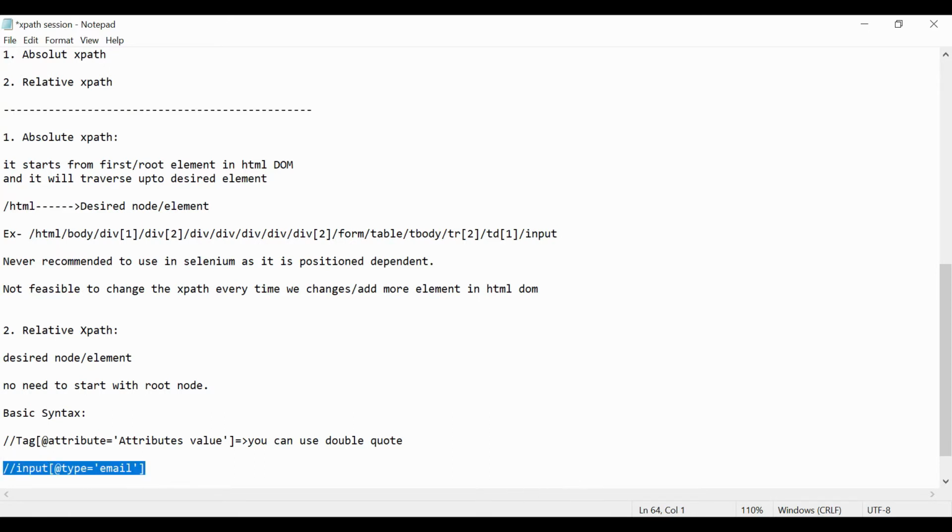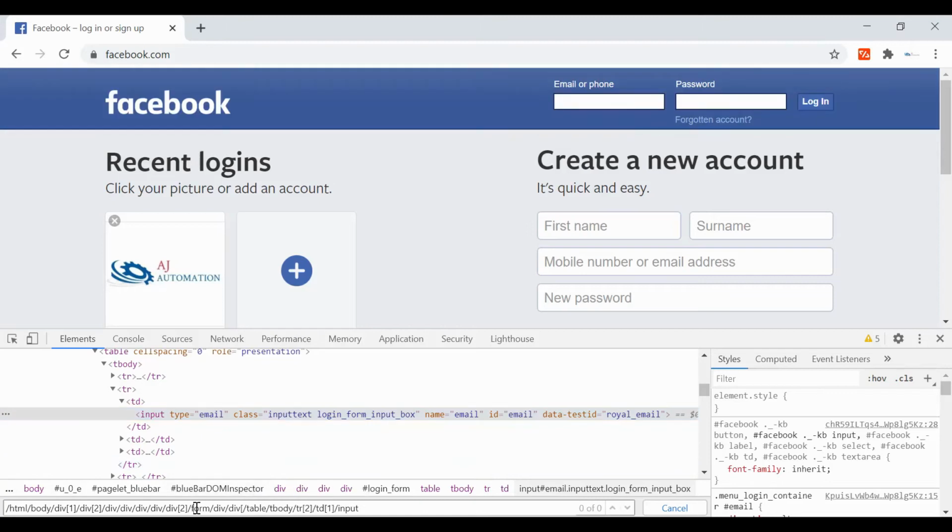Control C, and here, Control F. So here on the right side you can see it is showing 1 of 1. That means our relative XPath is correct, and it is locating our web element uniquely. It has identified this text box uniquely as it is showing 1 of 1. So this is a very handy method to verify your XPath in the browser itself. If you see 1 of 1, then you can directly use this in your Selenium script.